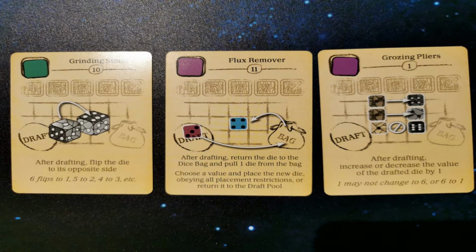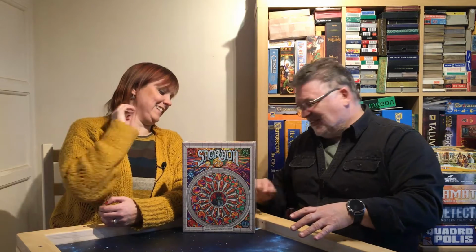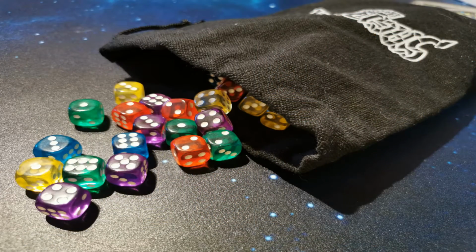So the way the game plays is you take the bag, you dip your hand in the bag, and in a 2-player game you drag out 5 dice and roll them. How many dice are in the bag? It's 90 dice. Testing you there. Says so here, 90 translucent dice. But yeah, you dig your hand in, 5 dice, roll them, and then that is the draft pool for that